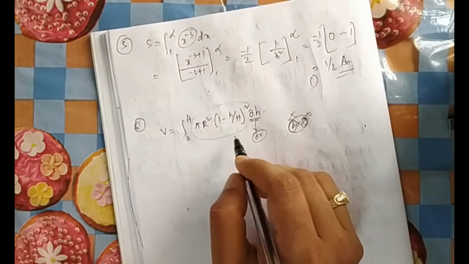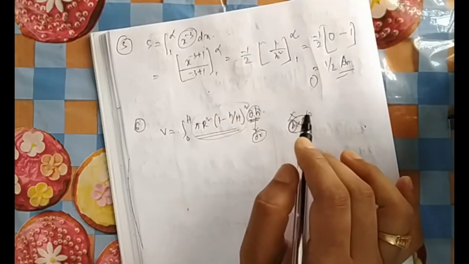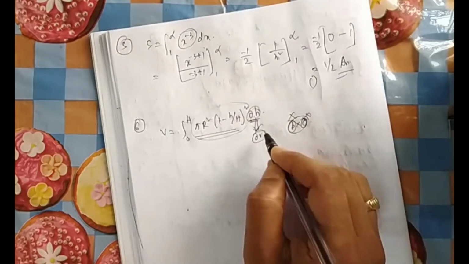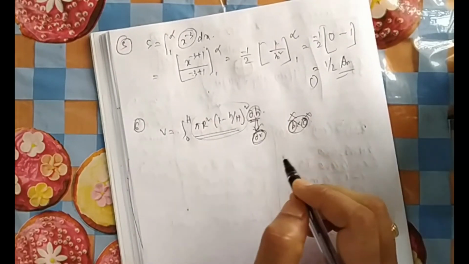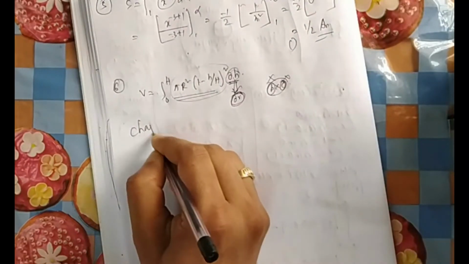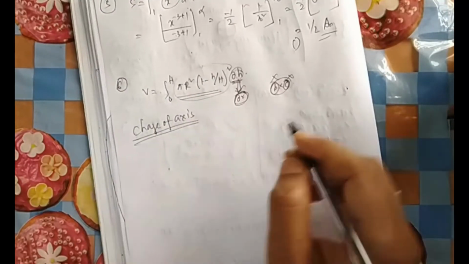So option B is not the same thing, it is 0 to r. If you want to write it in dh, then this is the expression. You cannot change it. So the examiner's intention is to convert it into dr. Now let us take a cone, and this is known as a change of axis question. You want to change from one variable to another variable.